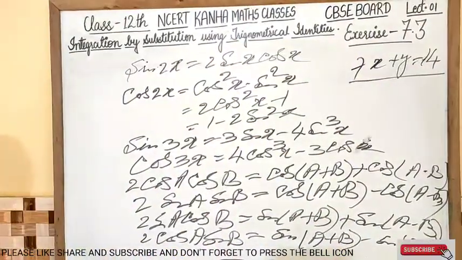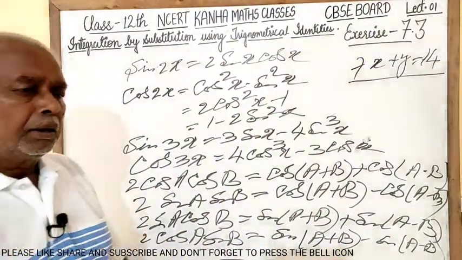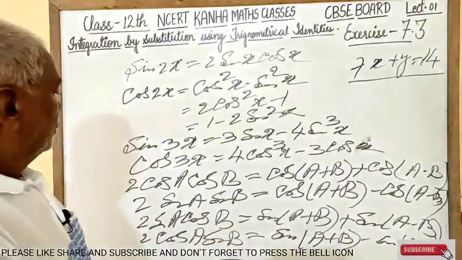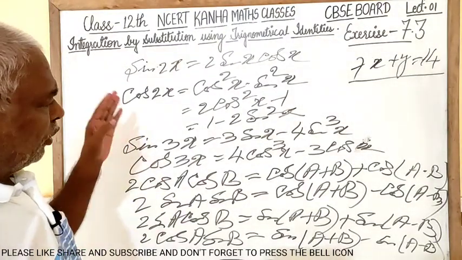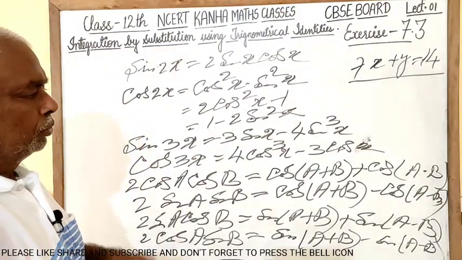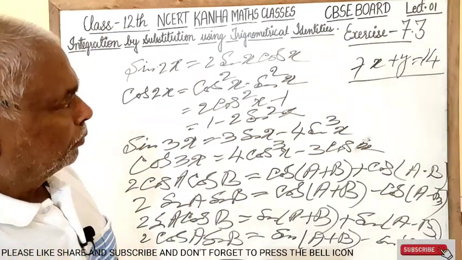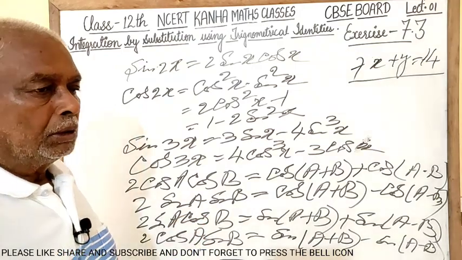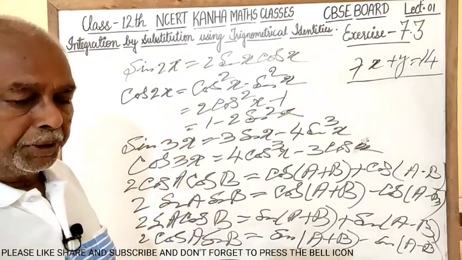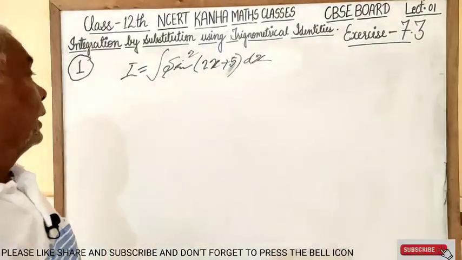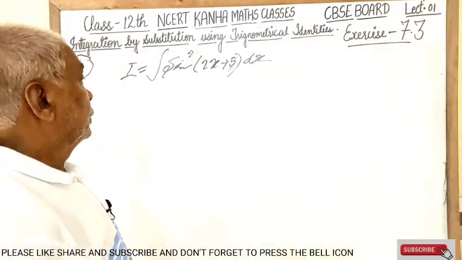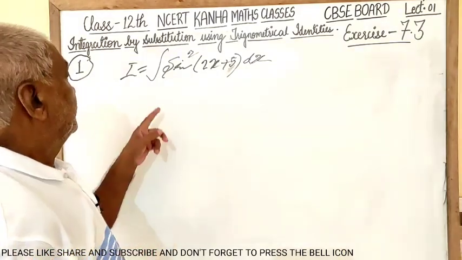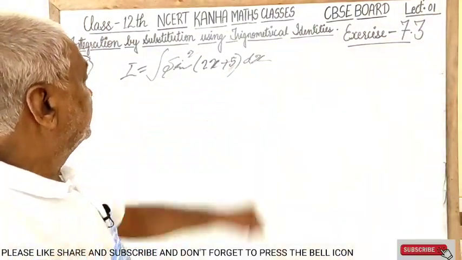Here, for your clear concept and good understanding of mathematical problem, we write here some prominent type of identities to give a clear concept in your mathematical mind. And after this, I will start the problem solving based upon the trigonometrical identities. Here, using trigonometrical identities, we will try to find out the integral sin square 2x plus 5 dx.